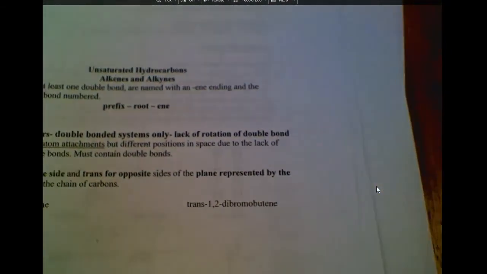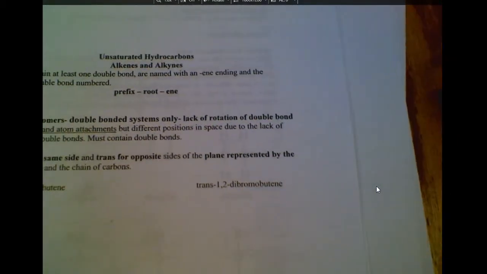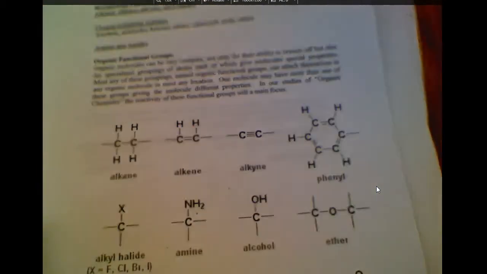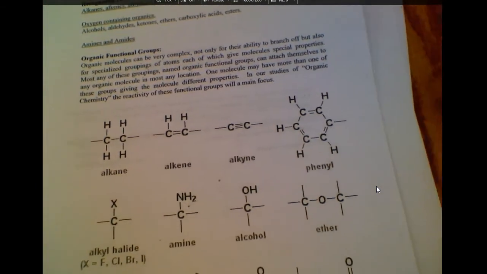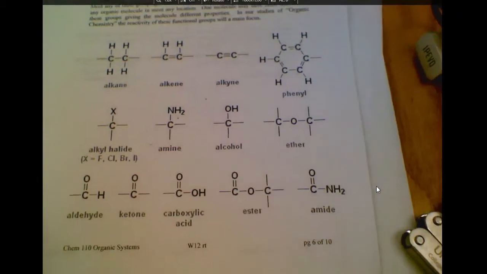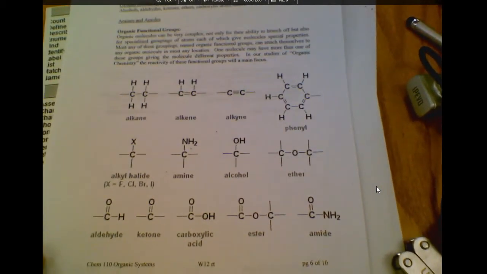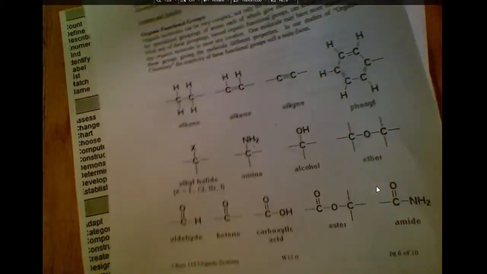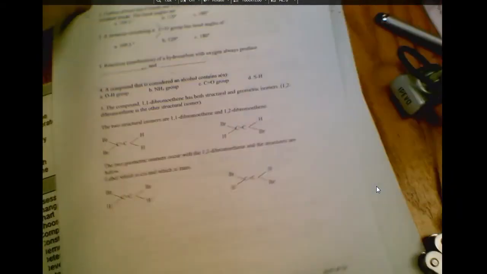So what I want you to do, and basically you can look at these other saturated hydrocarbons and the cis and trans portions. The 6th page of the lab is your organic functional groups, which you should have on the other side of your cheat sheet. So you have the organic functional groups and then the names for all the prefixes. Okay, so what I'd like you to do, you can look over page 7 on your own. As we look on page 8,